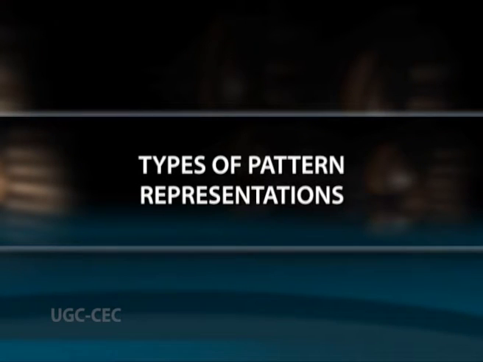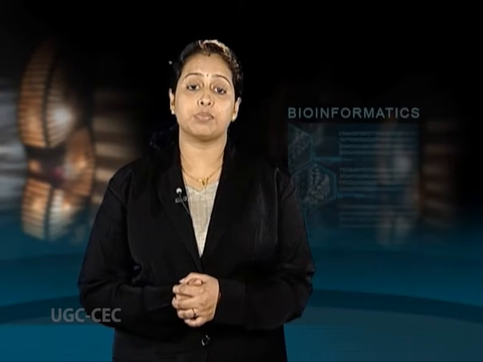Now let us move on to the topic, types of pattern representations. There are many ways to represent a recurring sequence pattern: consensus, regular expression or PROSITE type, and profiles. One of the easiest ways is to use regular expressions, and one of the most popular is the PROSITE format or syntax. PROSITE patterns allow representing simple motifs using a format easily readable and interpreted by the human brain. This syntax has been standardized by the PROSITE database, which stores several known motifs in different formats available to